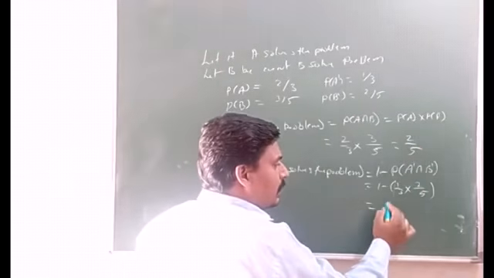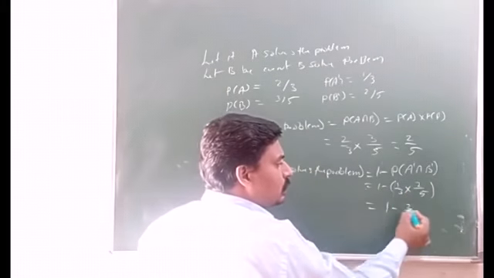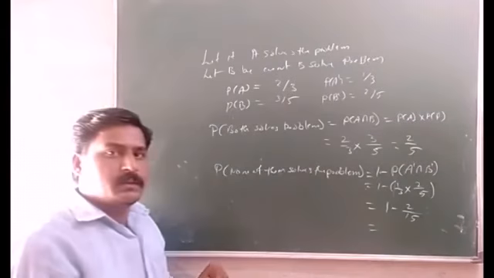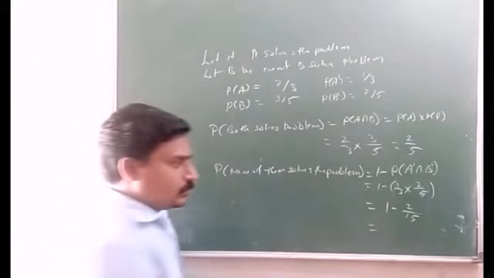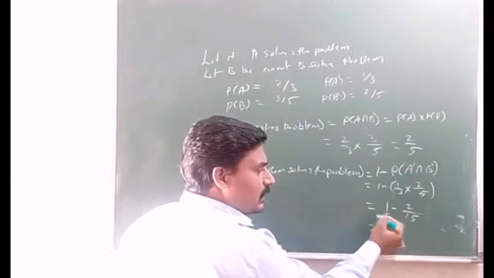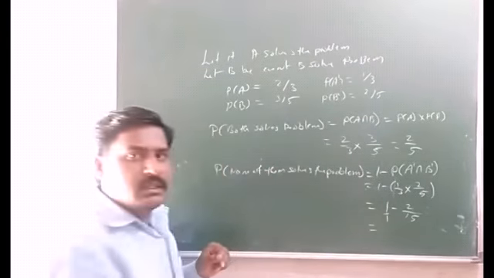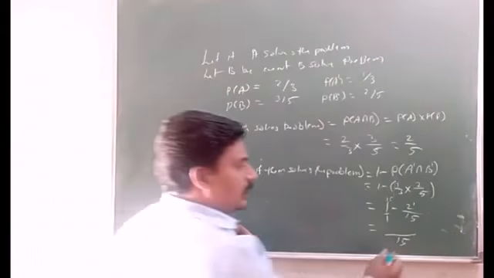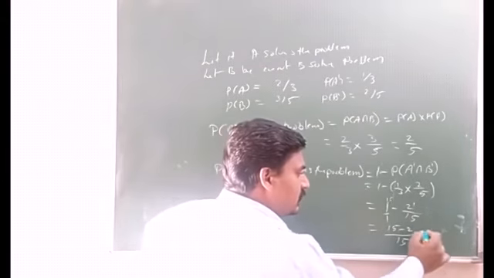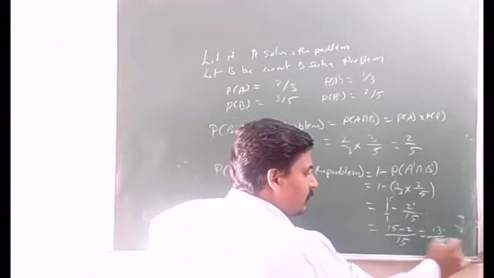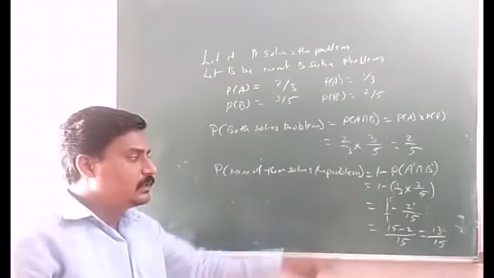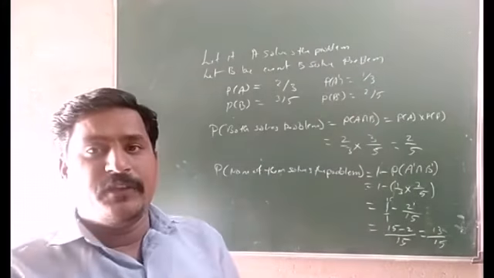So that is 1 minus 2 into 1, 2 divided by 3 into 5, 15. So 1 minus 2 by 15. So as there is no denominator means here there will be 1 always. So LCM for 1 and 15 will be 15. So 1 15s are 15, 15 ones are 15. So the answer is 15 minus 2 is equal to 13 divided by 15. The probability of none of them will solve the problem is 13 divided by 15.